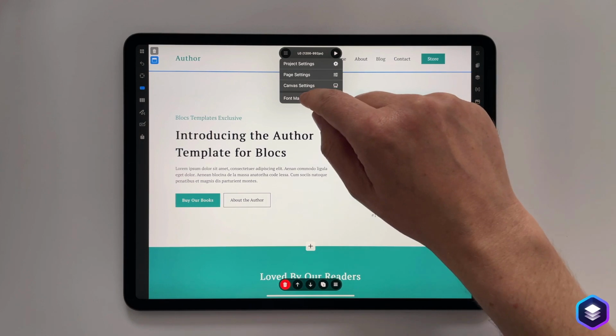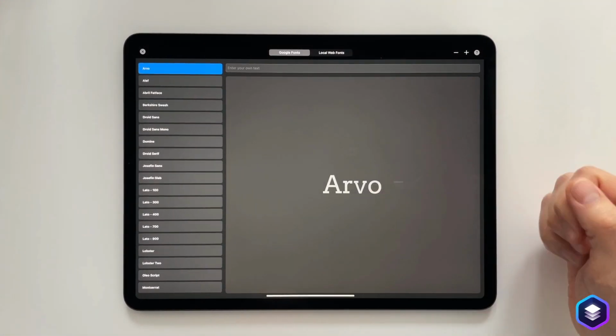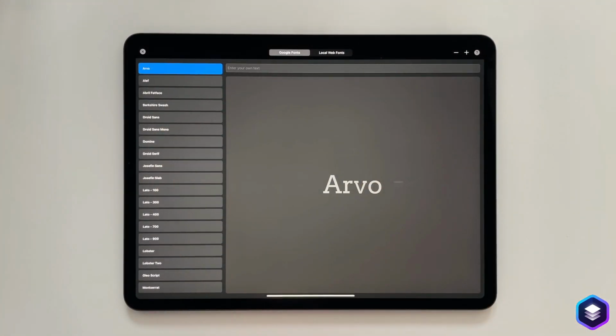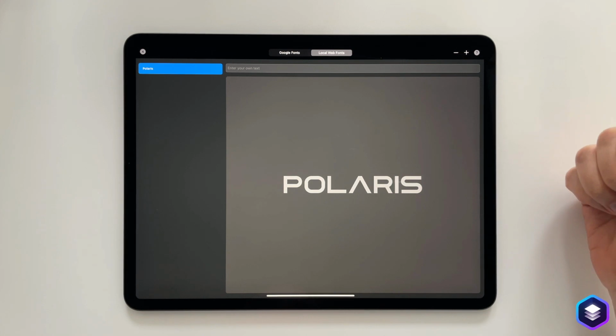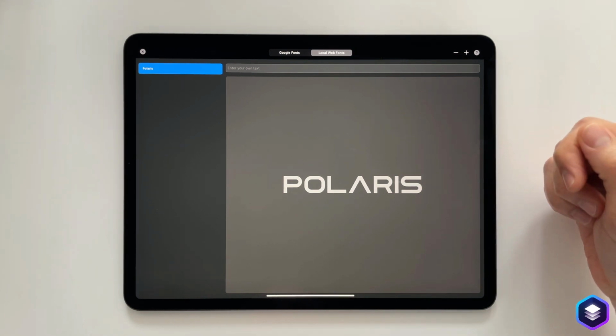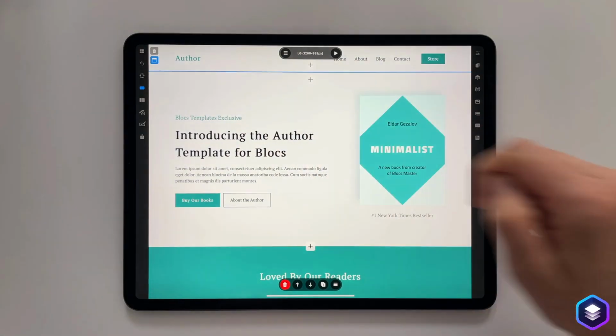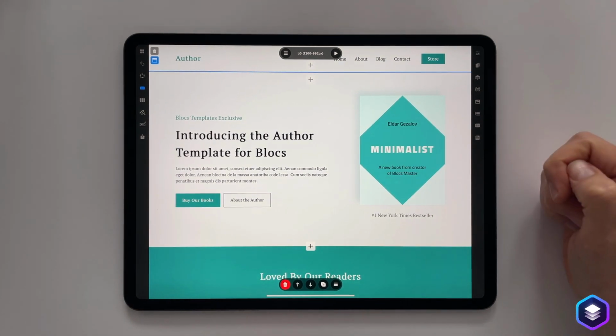Finally, I'll just open the font manager, which is a full screen. We have the fonts installed on the left here. These are Google fonts, which I've installed. The installation process is just the same as it is on the Mac. And local fonts. I just have one local font installed, and again the process of installing those is identical to installing on the Mac.